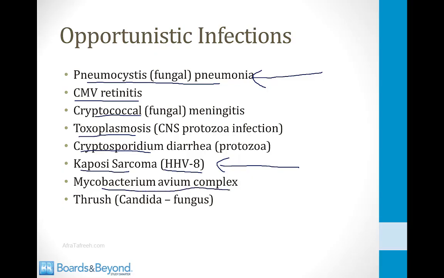Mycobacterium avium complex is a very rare cause of pneumonia in healthy people, but it causes pneumonia in people with severely depressed CD4 counts from HIV. And then finally, HIV/AIDS patients often get thrush in the mouth, which is caused by the fungus Candida. And in fact, an initial presentation of HIV is sometimes for a healthy person to come to their doctor and have thrush in the mouth. No healthy person should get thrush, and if you see that, you should think that the person may have HIV